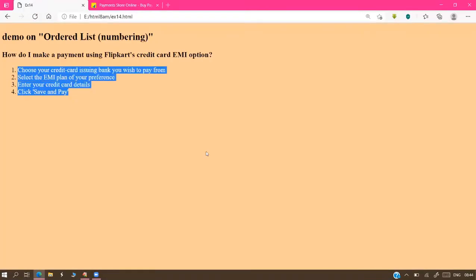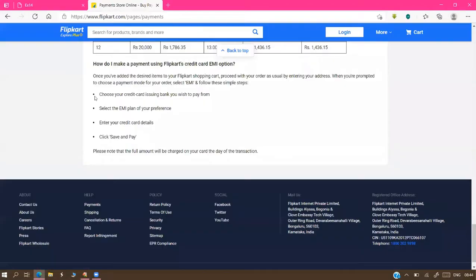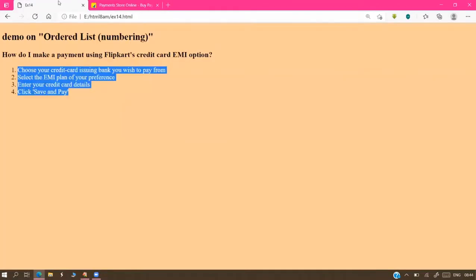So what is the purpose of the ordered list and unordered list, sir? This is the purpose. Flipkart is also using the tag. Not only Flipkart, 90% of company websites are using these tags for displaying their privacy policies, their terms and conditions, their rules and regulations, listing of banks, listing of colleges, listing of selected candidates, listing of teams, listing of places, like that. A lot of lists are available.